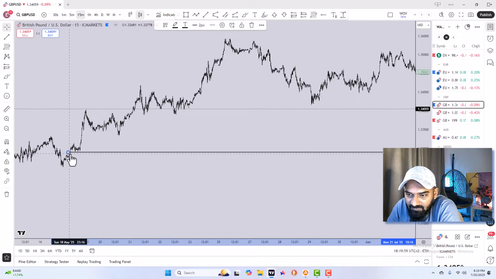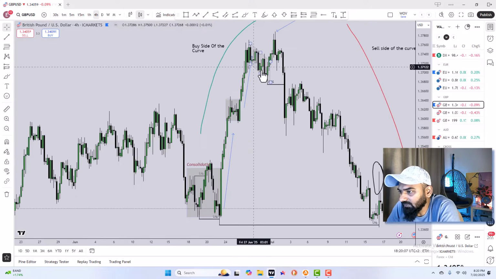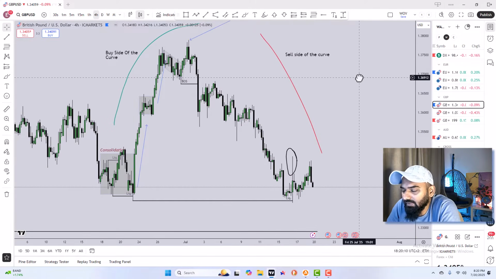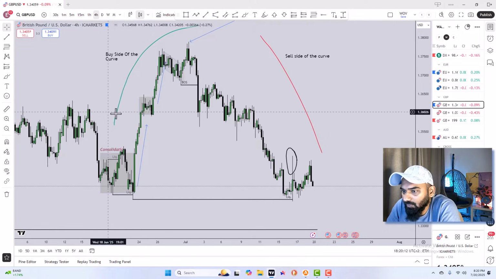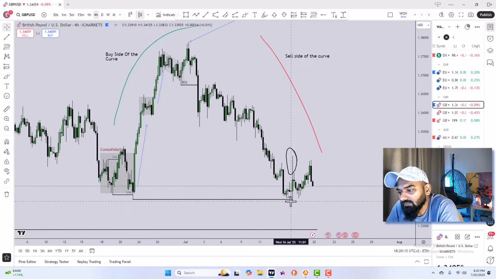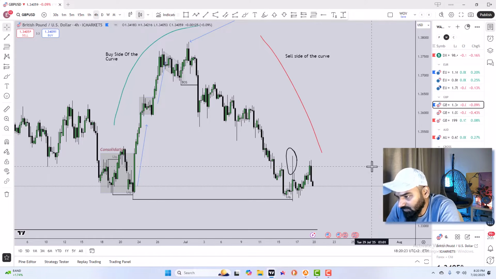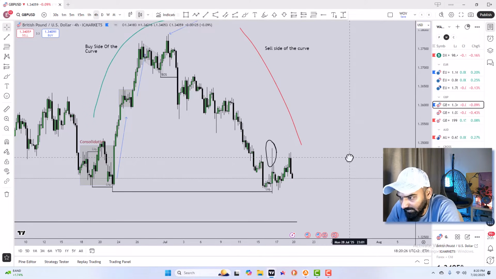But this here is relative equal lows, which can be a good liquidity target. Anyways, moving back to 4-hour chart, GBP is not that much clear as Euro and DXY because it has just completed its sell side model, market maker sell model, and now it is in some sort of consolidation,